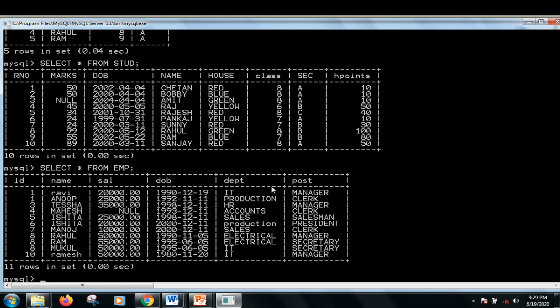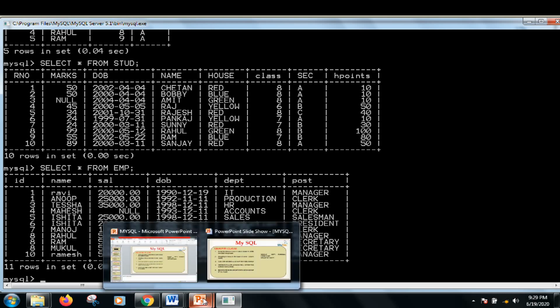Let us have one more situation. Suppose I want to find out the sum of the salaries of the employees for each department. Even then I want to do the grouping of the records into some groups. I will make the groups of all the records of the table on the basis of their department. So the grouping is helping us to solve various types of queries. Let us now try to understand how we can write the group by clause.